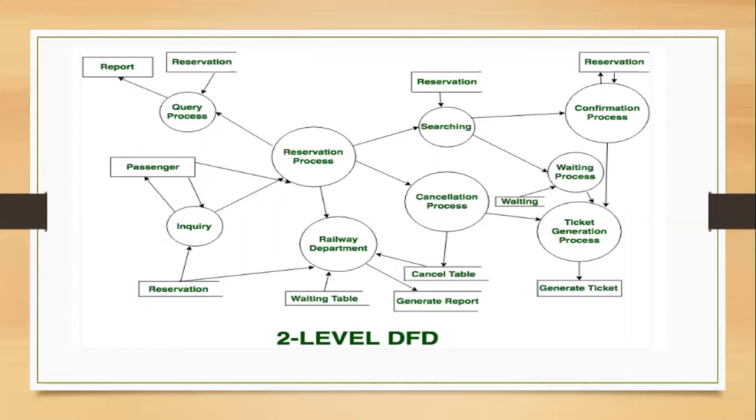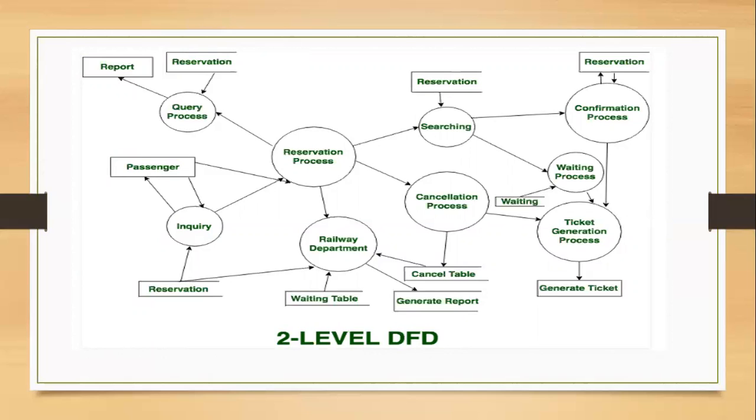So these are all the sub processes within one process. The cancellation process has sub processes, but these sub processes also belong to one main process, and that one main process is discussed in level 0. If I am discussing the sub processes, then that is level 1. But once I go into the detailed part, that is 1.1.1, we can say that is level 2, or we can move further in a similar manner. As much as we want to explore, we can explore whatever criteria we want. So these levels help in exploring and linking the data.